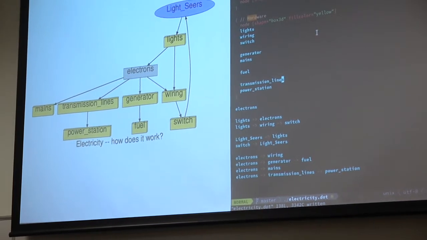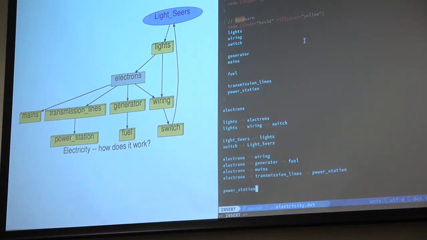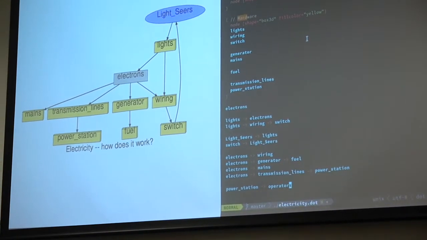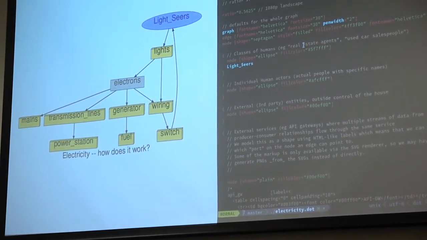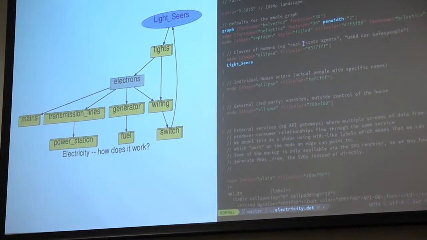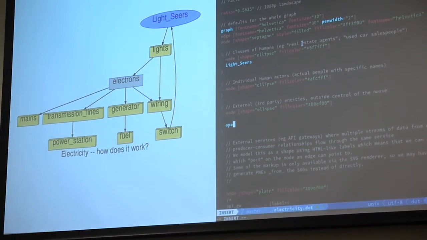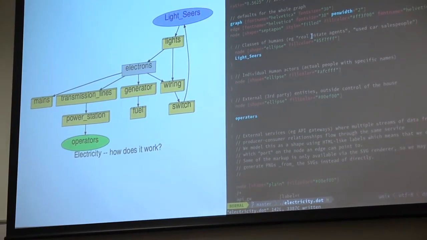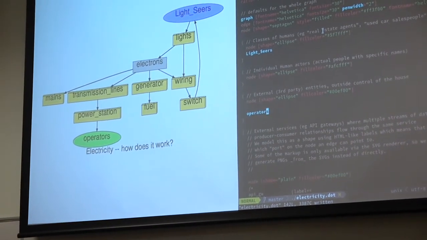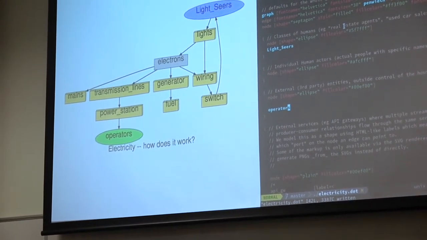Okay. Power station could depend on operators. Now, operators aren't us, are we? Is anyone here qualified to operate a power station? I'm just asking for later. No? Okay. I'm going to have to rewrite that bit then. So, third parties, let's have operators. Different colour. Those are external entities outside of our sphere of control. We can control ourselves. We can turn the lights off and on. There's some hardware in the middle there, but those are external humans or external organisations that we rely